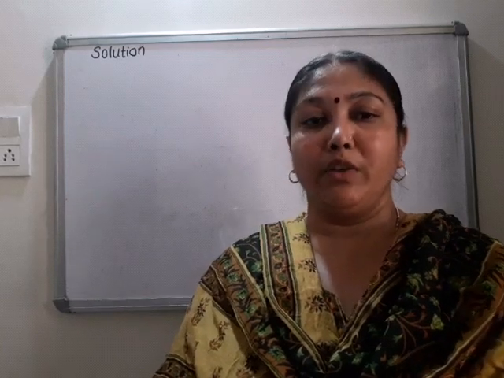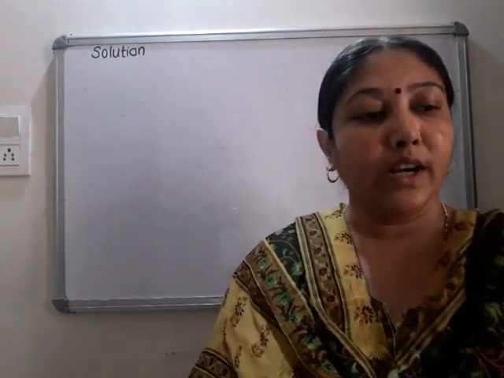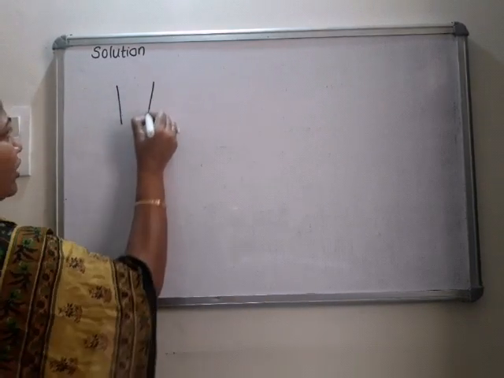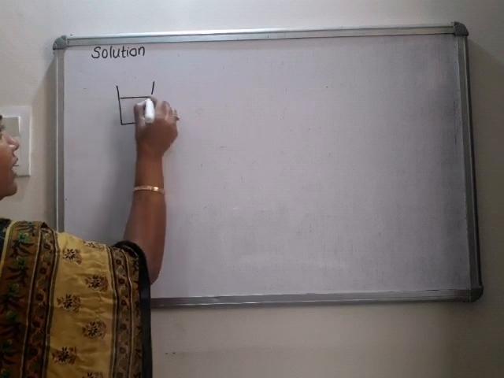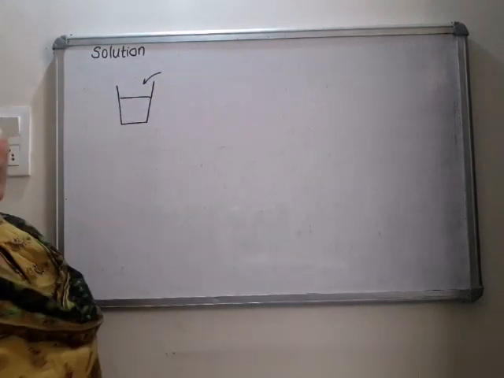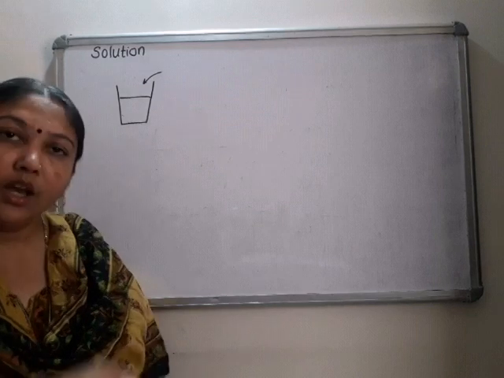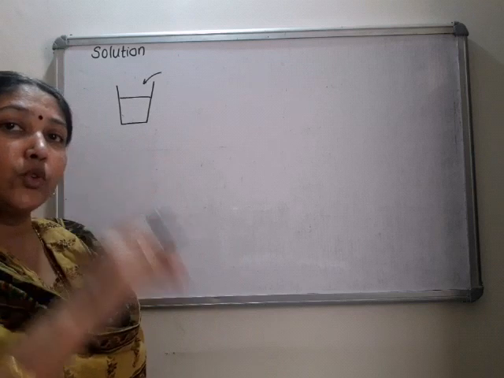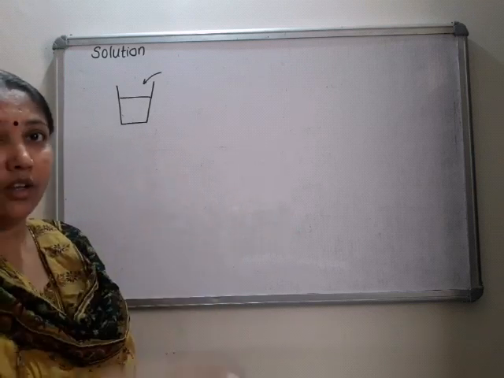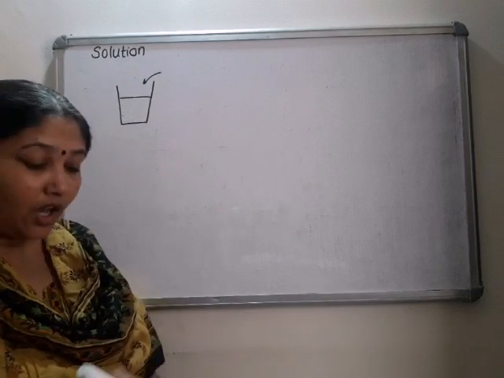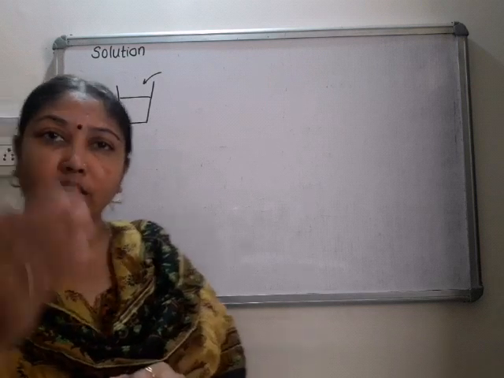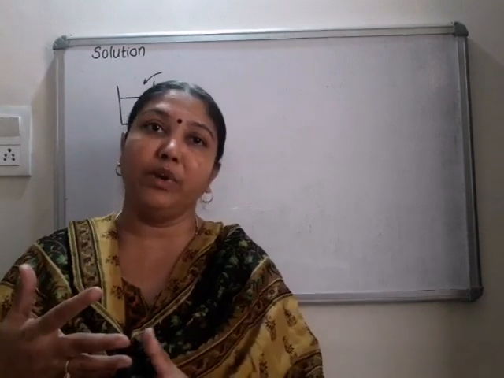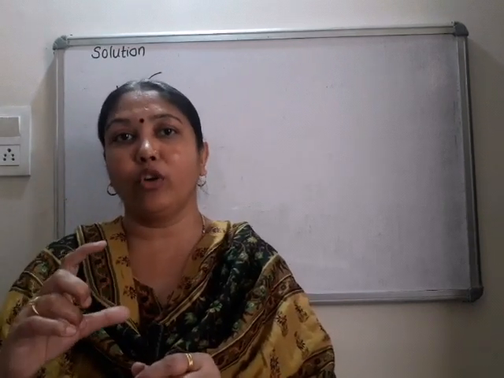One experiment we will do. Suppose here we have one glass of water. Add 1 spoon sugar in it. Sugar gets dissolved in it. Continue addition of sugar in the same sweet water solution. What is observed? Sugar gets dissolved in that water, but how much sugar can be added in that particular quantity of water?